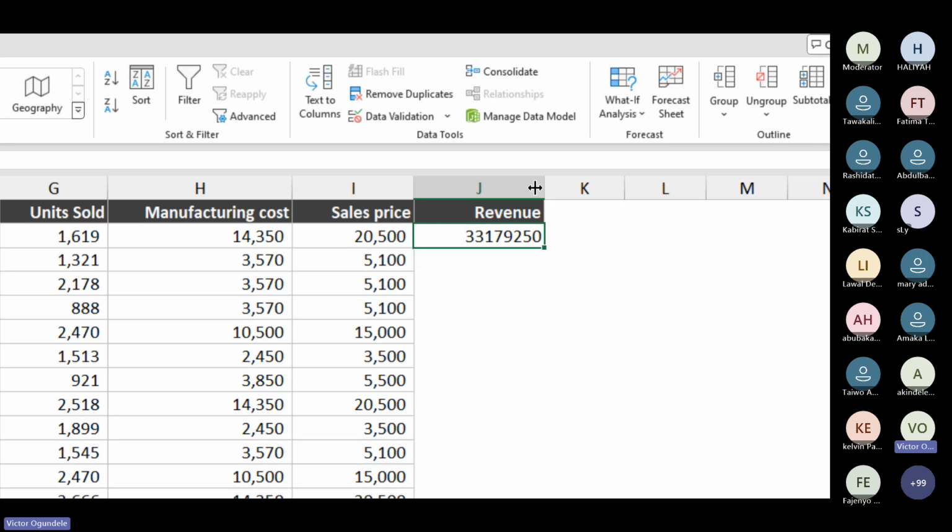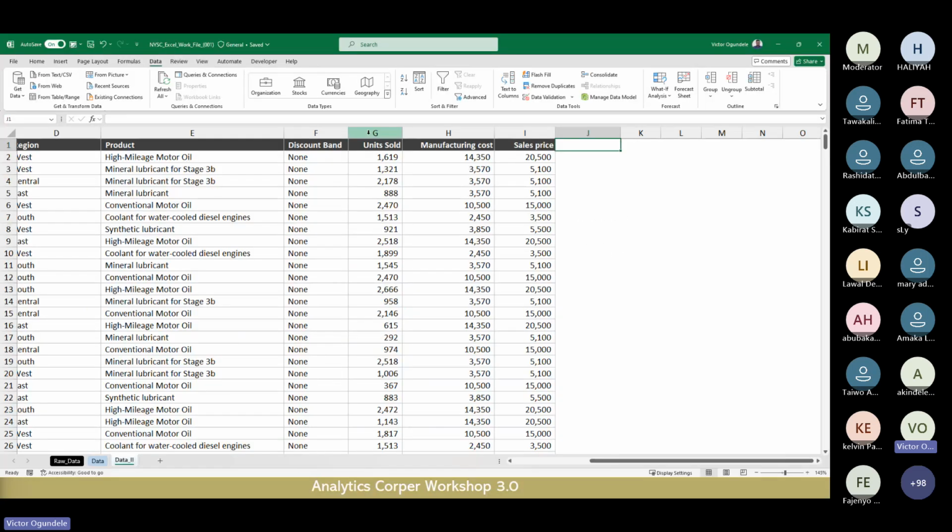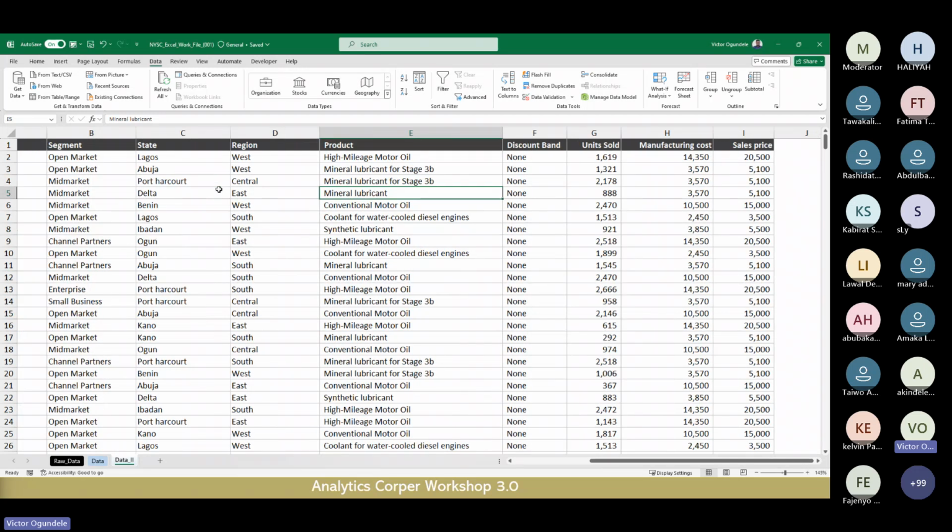Efficiency is also part of it when you're dealing with data. If I do this, maybe you did that in the session yesterday, I'll need to double click and copy that. Well, maybe I'm also wasting time doing that. So the first thing I will need to do, so let me delete this, is to combine this into a table. So there's something we call